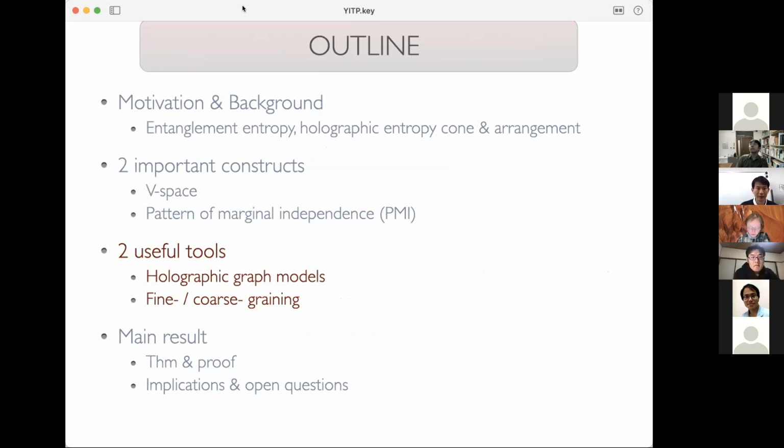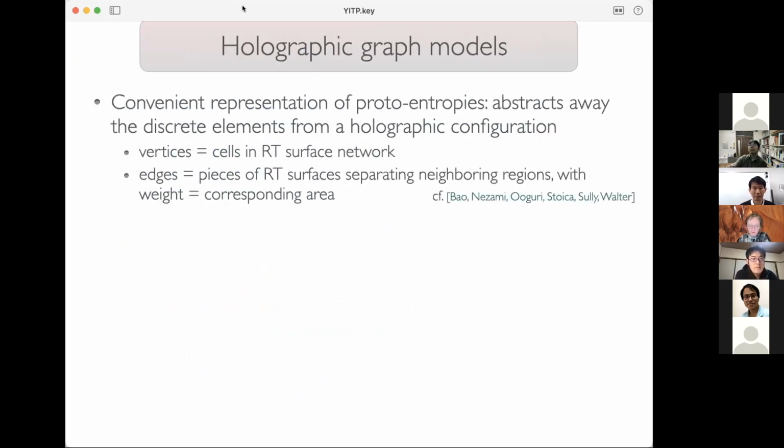Okay, very good. So let me quickly indicate briefly two tools that we use to get to the main result. One is using graph models, which explicitly discretize the structure, which was already used in the original holographic entropy cone paper. And there the trick is to associate to any, so you take your bulk, and now take the set of the relevant